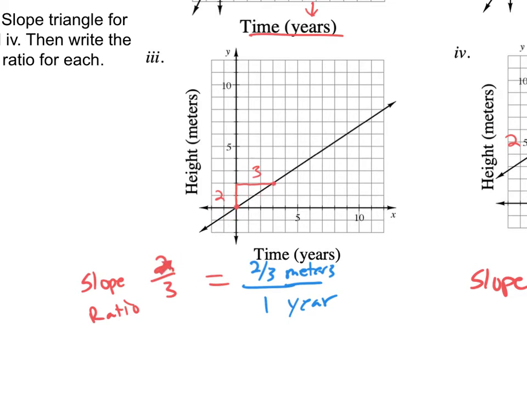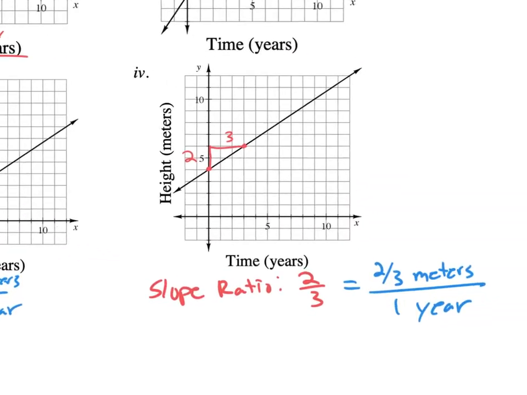So 2 over 3, so I've got my slope ratio of 2 divided by 3, which I simplified by dividing by 3, because we're going to divide by the denominator, or the bottom number, to get down to 1. So 3 divided by 3 is 1. 2 divided by 3, well, that's just 2 thirds. So this tree here is growing by 2/3 meter per 1 year. Now, if we look at number 4,